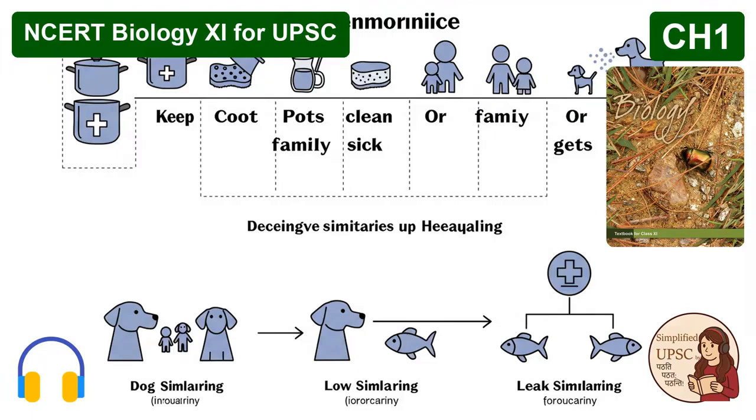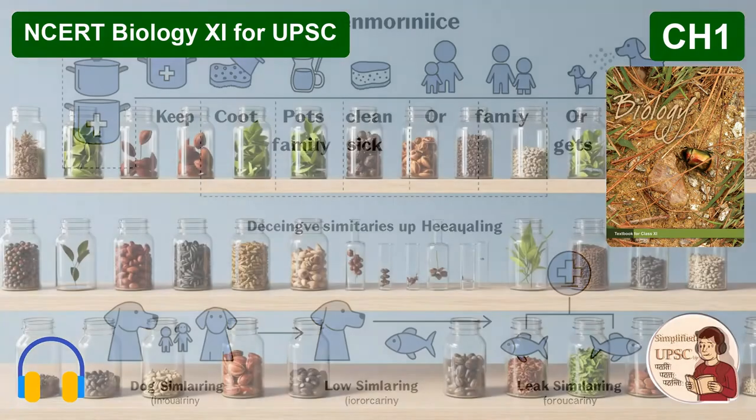Right. And for anyone studying for an exam, there is one absolutely critical rule about moving up this ladder. This is the one you cannot forget. Do not forget this. As you go up the hierarchy, from species towards kingdom, the number of common characteristics goes on decreasing. Let's just sit with that for a second, because it can feel counterintuitive. A bigger category feels like it should have more in common. It does, but it's the opposite.